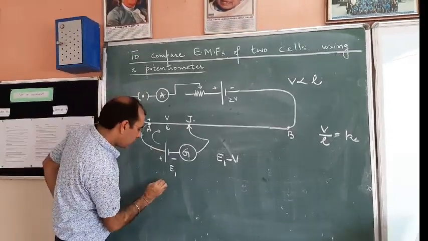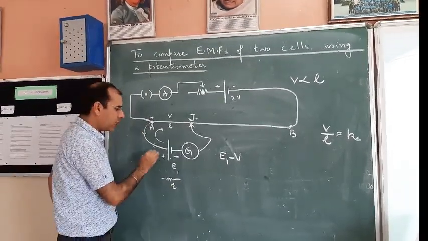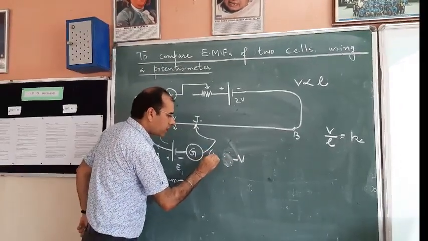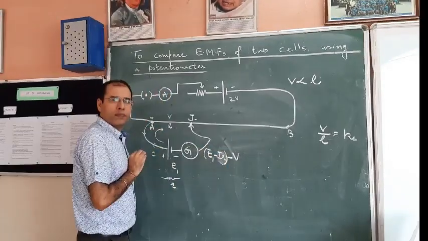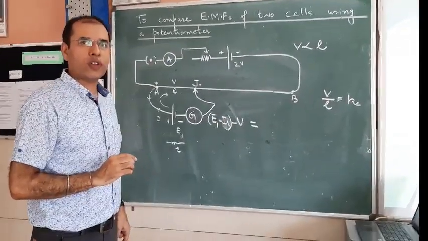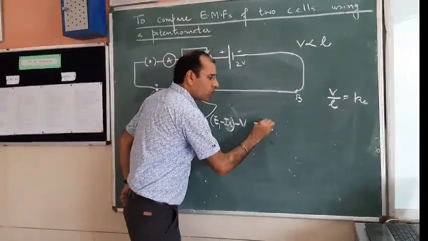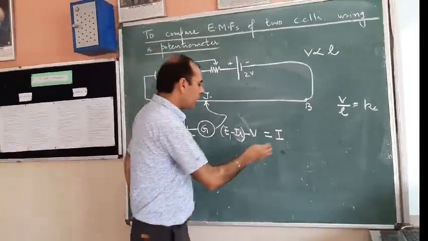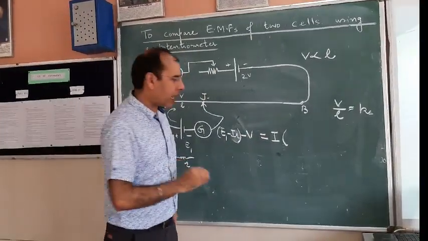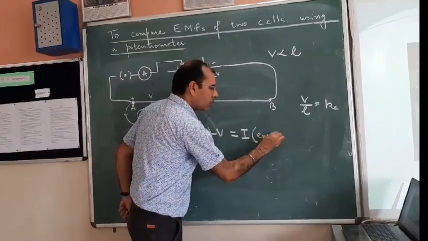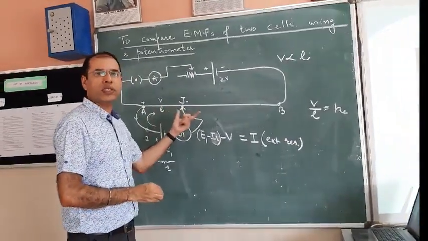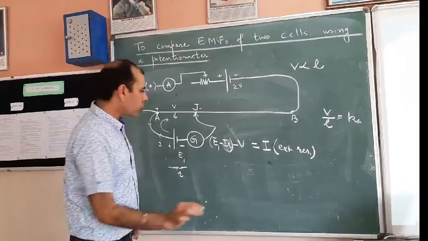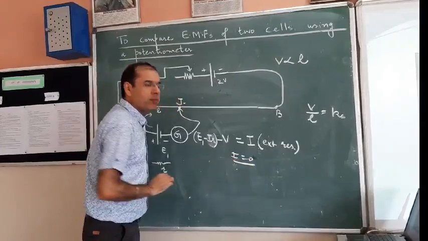Also, we have to take into account its internal resistance. If it is R and the current sent is I, then E1 should be replaced by E1 minus IR, and this has to be, according to Kirchhoff's law, equal to the sum of the products of currents and resistances. The internal resistance has already been taken into account. We are left with the other resistances, like the external resistances; the wires that are there have some resistance. So it has been taken care of over there. But at the null point, there is no current flowing. So if no current is flowing, I becomes 0.